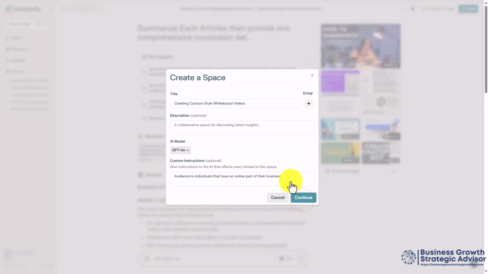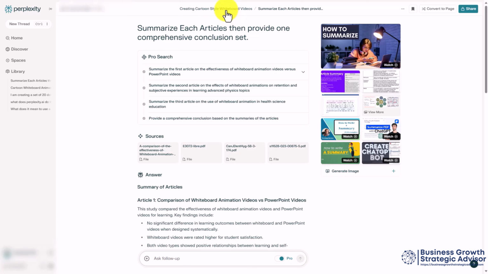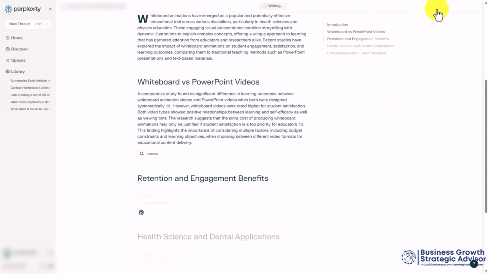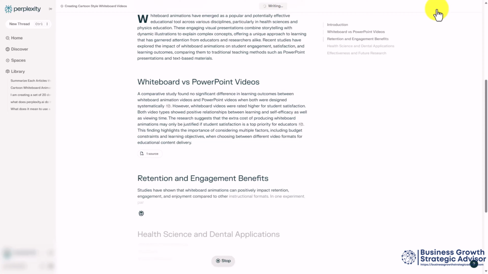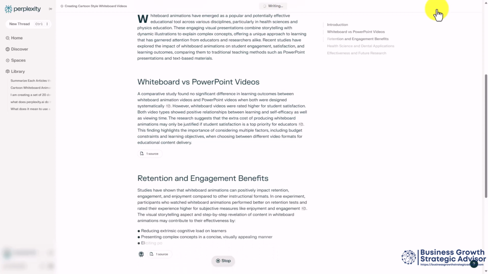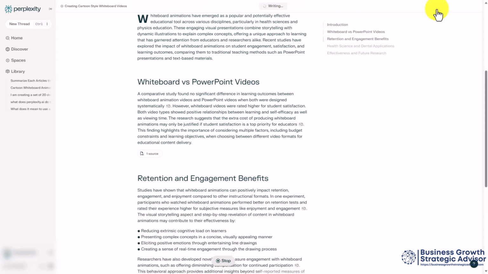When we click continue, the content then will be added to a specific space, and it will be the first element in that space. We can convert this content to a page. We can click on convert to page, and Perplexity will then begin to populate the page. Once the page is complete, we can choose to publish that page and make it available, or we can leave the entire page as